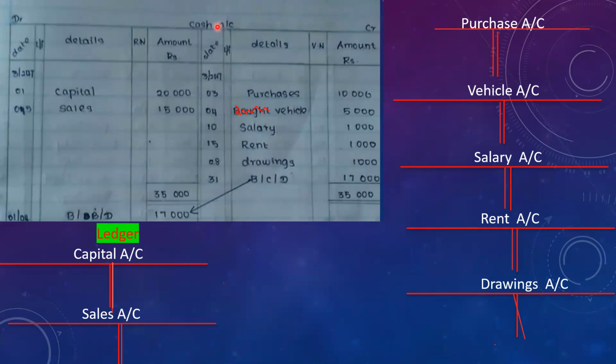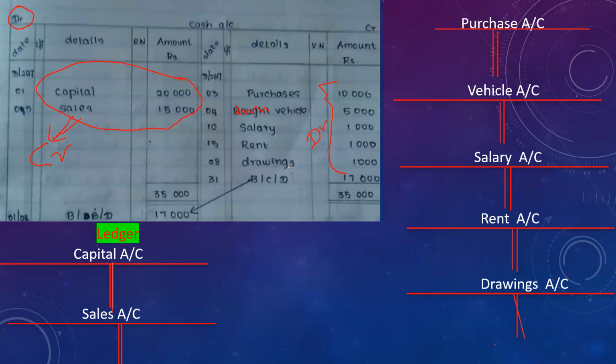So when you take the cash account, listen everyone carefully. This is a very important point I'm going to explain. In the cash account, we have 2 debit entries. These 2 debit entries will be recorded in an account on which side? These two are debit entries, right? Debit side, no idea. These two entries go to the credit side. Am I correct? Likewise, all these credit entries will be recorded on the debit side.